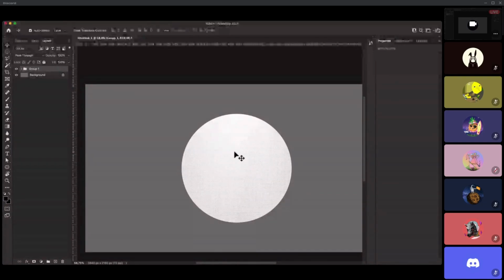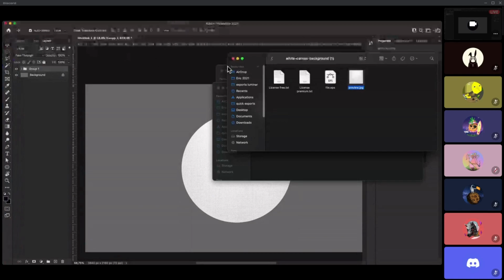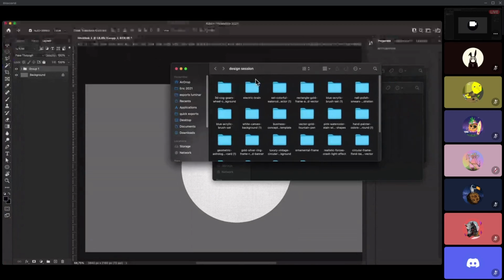All right, so we have a texture created now, and now we want to add some depth to this texture. How can we do that? We can do that by adding shadows. We can do that by adding objects that are a bit dimensional in their nature. So let me go back to some of the resources I have created.